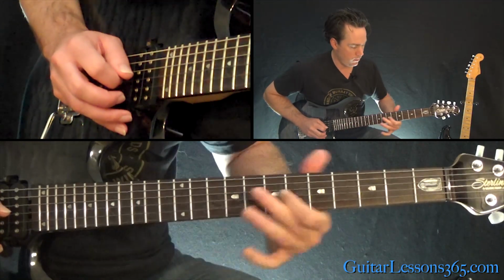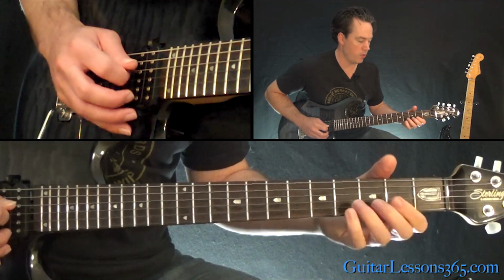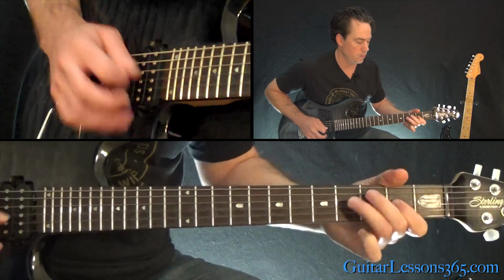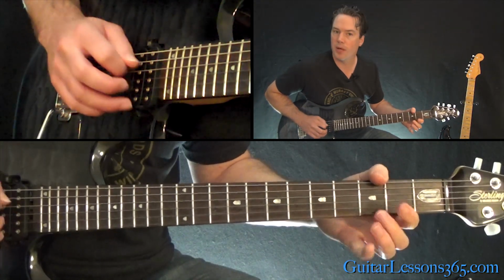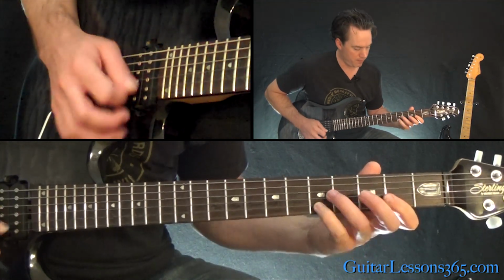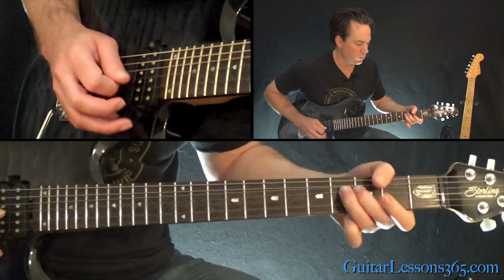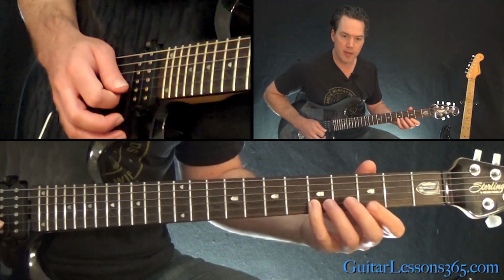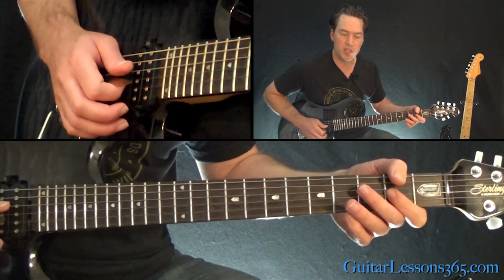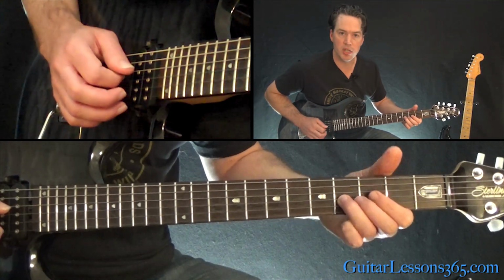All right, then we're back. That's that bend at the 4th fret again. And then he hits a double stop. You can hit all downstrokes here because he gets a lot of artificial or pinch harmonics in there. So then the 5th fret there on the B, and then 4-2 on the G, to 4 on the D, back 2-4 on the G,